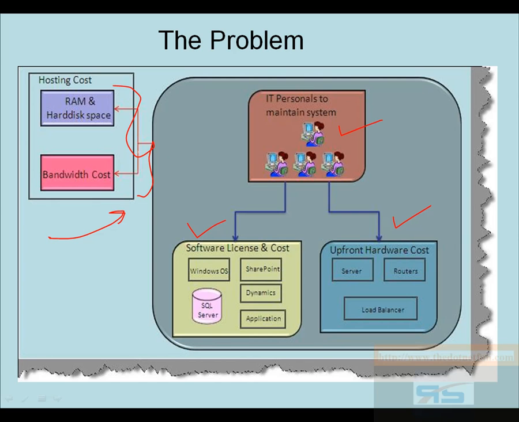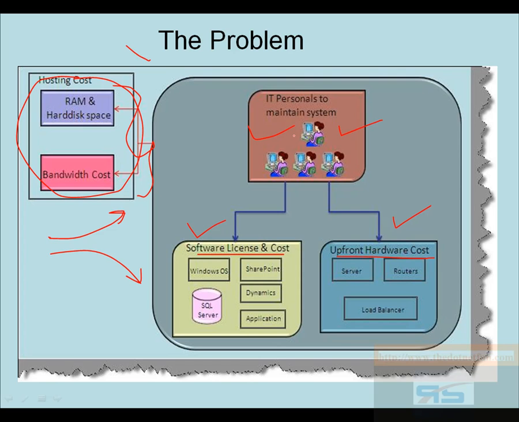Now let's take up the second scenario. Let's say that you do bad. Let's say that this company doesn't work nice. The innovative idea they thought would bring money to them did not work well. So they end up with the loss of the upfront hardware cost, with the loss of the software license cost and the yearly amount which they already paid to the data center. So they end up with a huge amount of loss because upfront they have bought all the things and now they do not know what to do with this hardware. And on top of it, they have already hired the IT professionals.